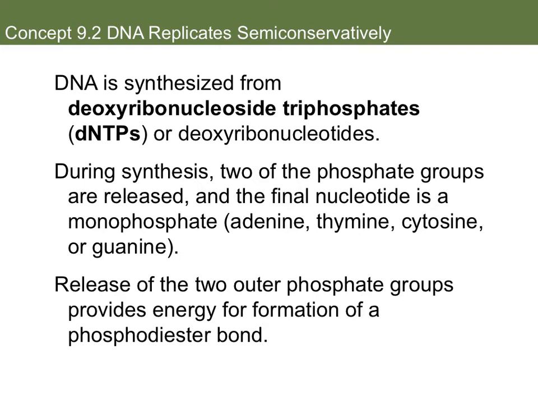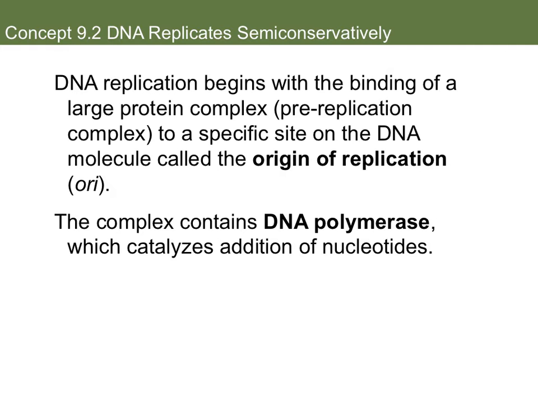So DNA is synthesized from deoxyribonucleoside triphosphates, dNTPs, or just think of them as deoxyribonucleotides. During synthesis, two of the phosphate groups are released, and the final nucleotide is a monophosphate, and it'll still have adenine, thymine, cytosine, or guanine. The release of the other two phosphate groups provides energy for the formation of a phosphodiester bond. DNA replication begins with the binding of a large protein complex, which is known as a pre-replication